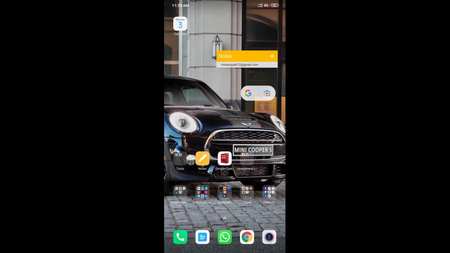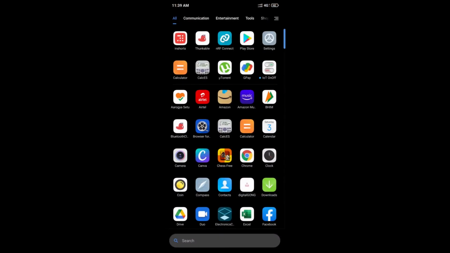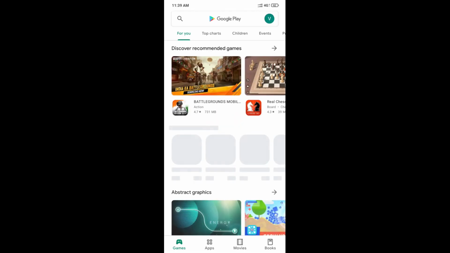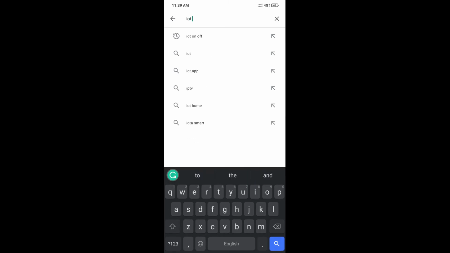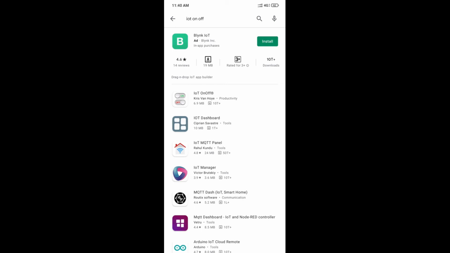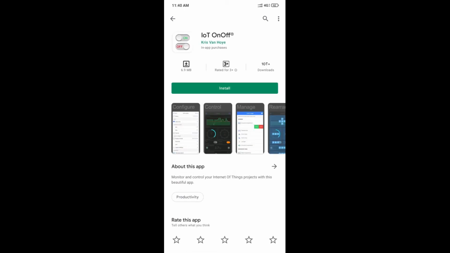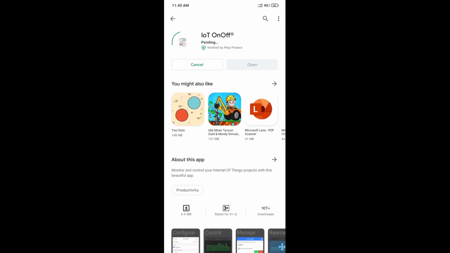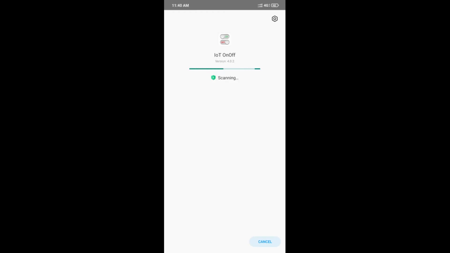For mobile app, open Play Store, search for IoT on off, download the IoT on off app, install, and open.